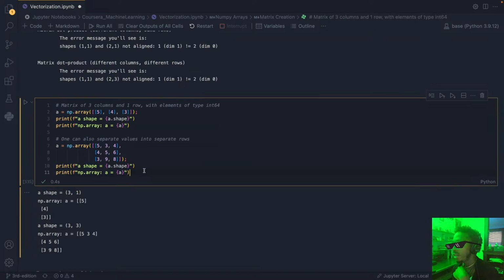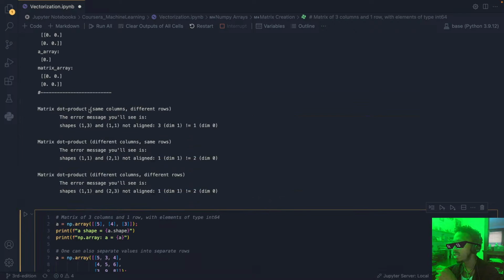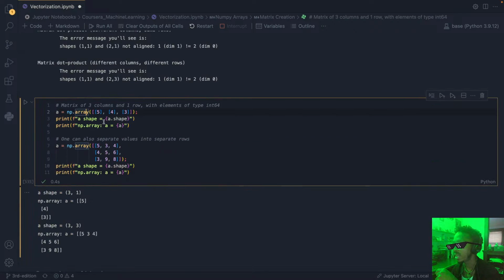What this is saying here is pretty simple. This is just creating a matrix, and it's saying that when you're creating it, you can separate things into different lines. This is a little bit better way to think about the shape of your matrix. The only thing that's a little bit misleading is that it makes it seem like these indexes are